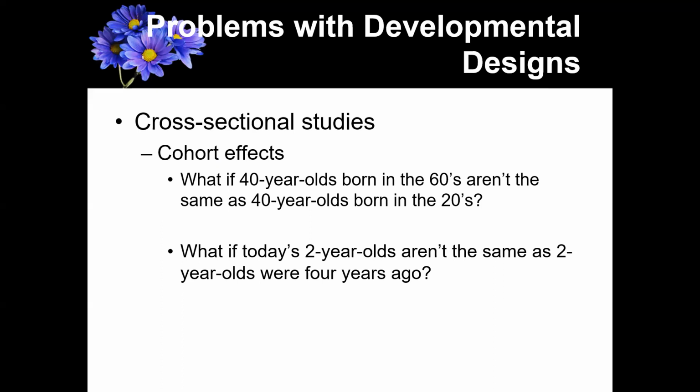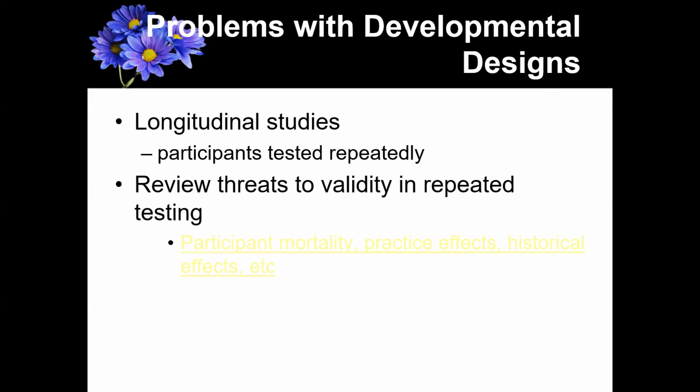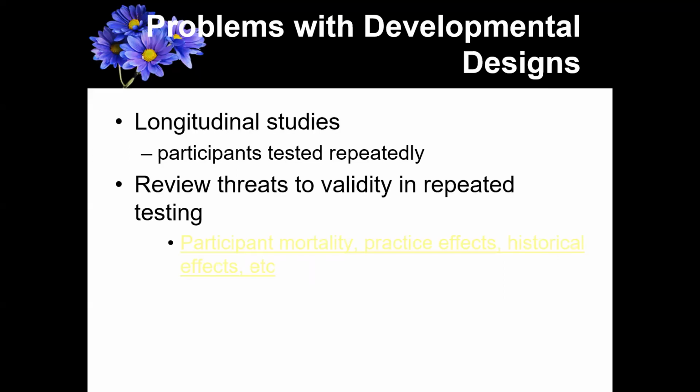Whereas something like attitudes toward money could vary quite a bit by cohort and not by age. So then maybe you do want to use a longitudinal design. But we want to be aware with longitudinal designs that because you're testing participants repeatedly, you have to be worried about all the things that can happen with repeated testing, right? Things like participant mortality, people dropping out in a systematic way, practice effects, fatigue effects, probably not, but definitely